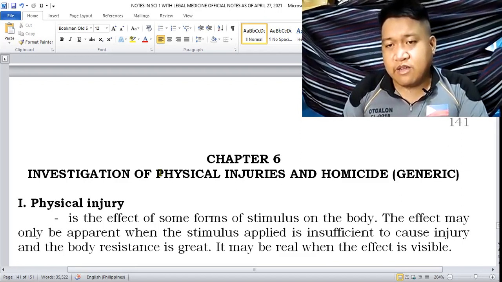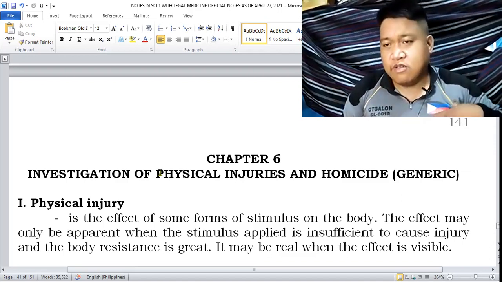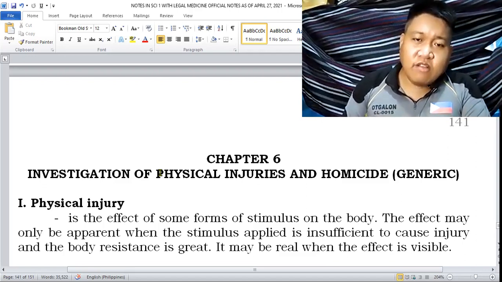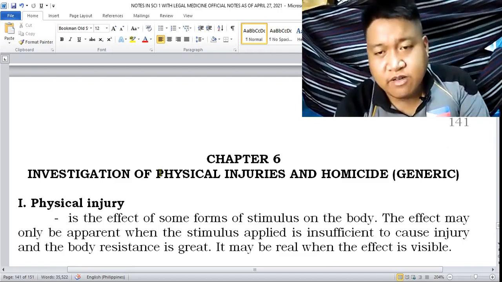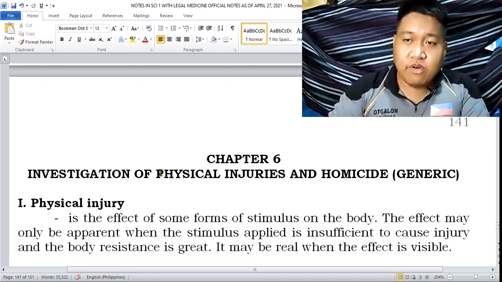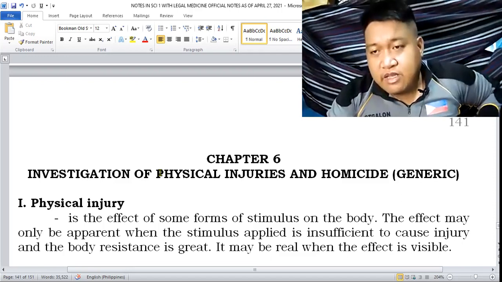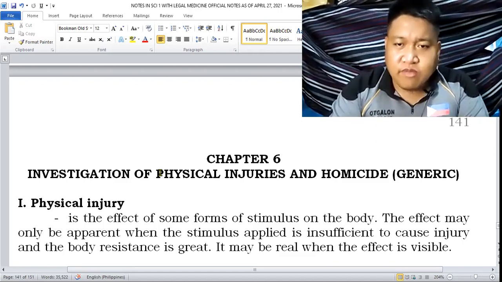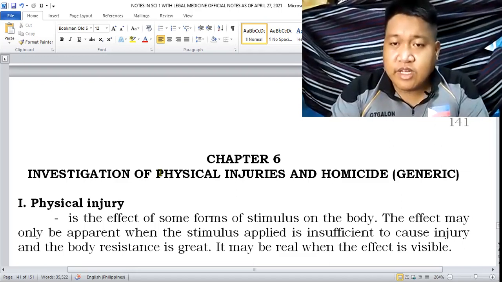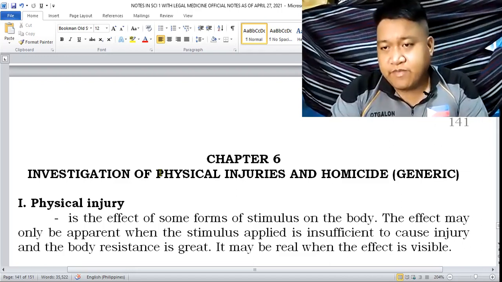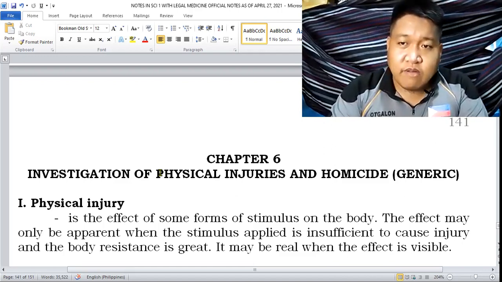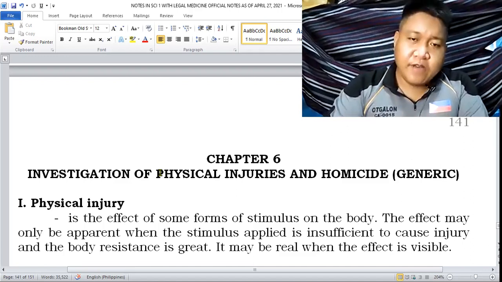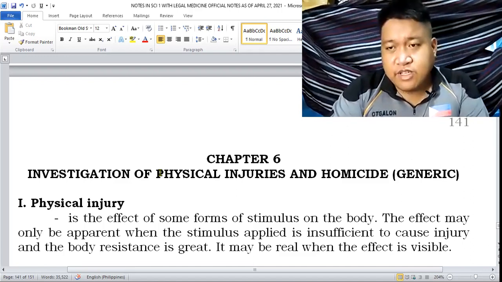Just like the term rigor mortis, that is a medical legal term. So that is why ganun din sa physical injuries. Let us explore the medical legal issues that you have to consider when you are investigating a physical injury. So again, in our criminal law, there are classifications of physical injuries. We have serious, less serious, and